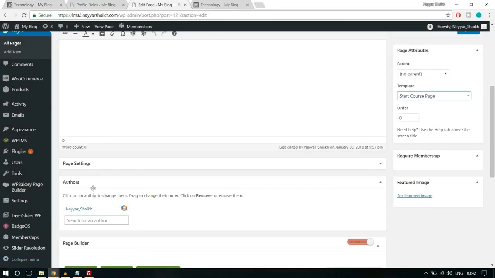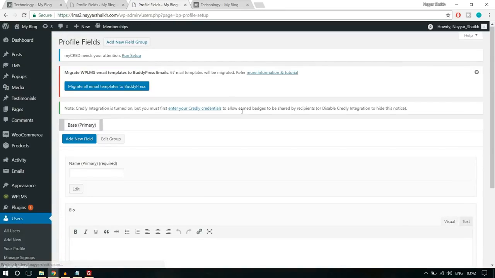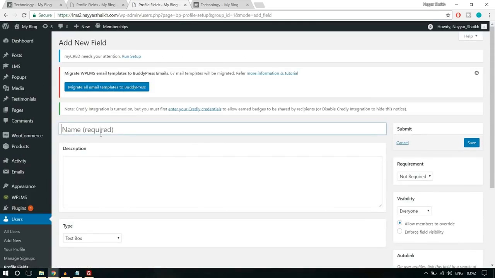So let's do that in the user field. Hover over users and select profile fields. Now let's add one more field. Click on add new field, and let me put in a title, role, or maybe sign up as. So you can just put in, do you want to become, and we can add some description like select